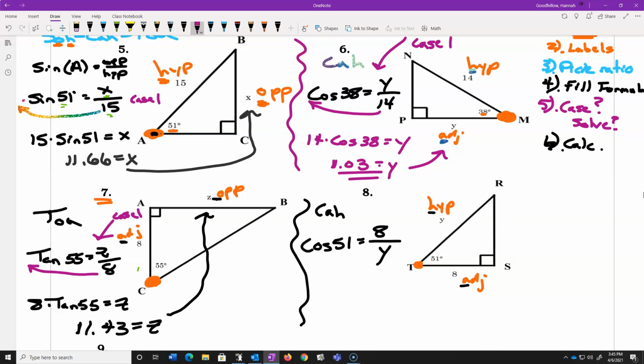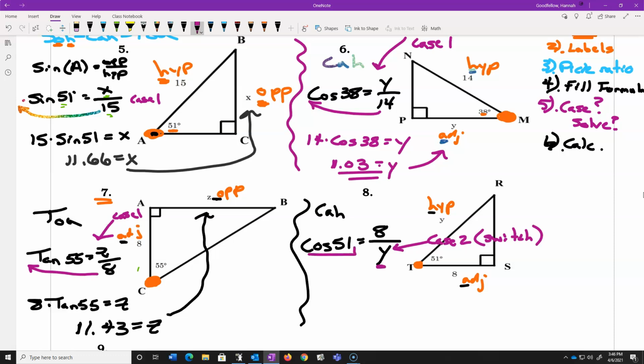Uh-oh, it's changed. Now, here is where it's on the bottom of the question. This is a case 2. Now, how are we going to do a case 2? Well, it turned out in case 1, you just move the stuff to the front, and you end up doing multiplication. It makes sense that if it's on the bottom, it's probably going to be a division problem. The case 2 that I'm going to talk about is what I call the switch case. You're going to have to switch some things, and what you're going to do is you're going to switch this y